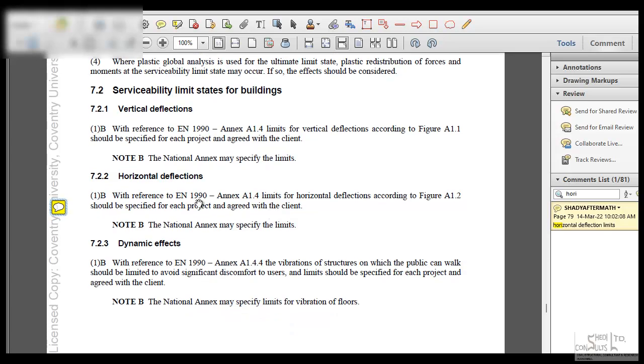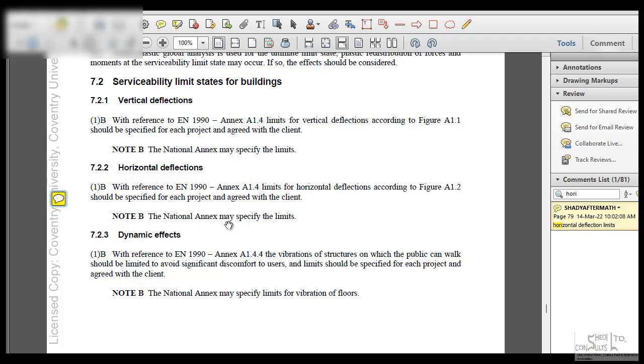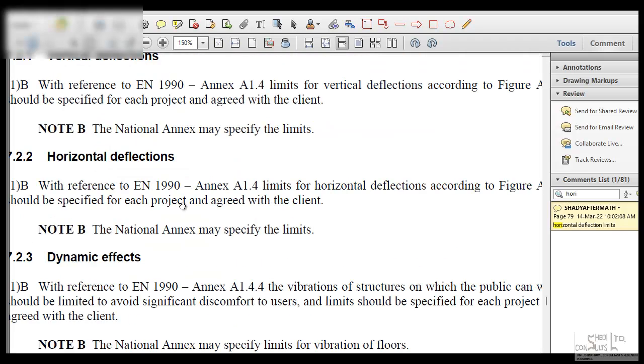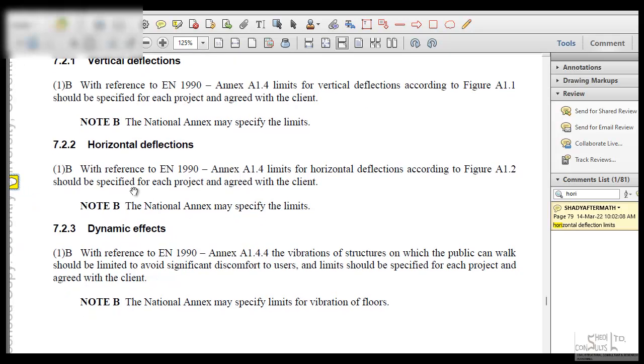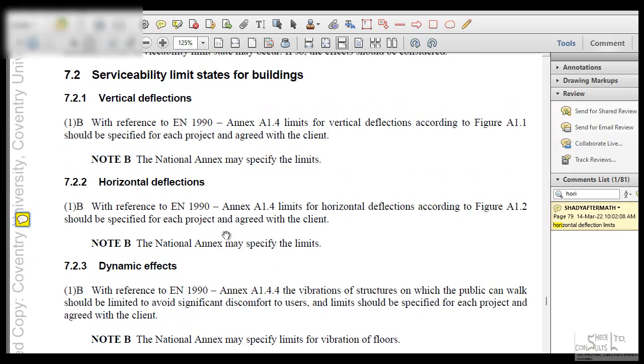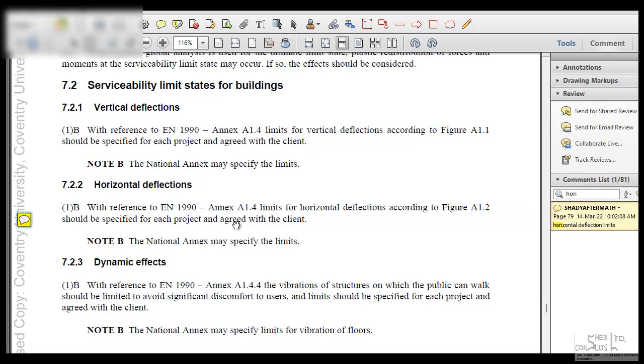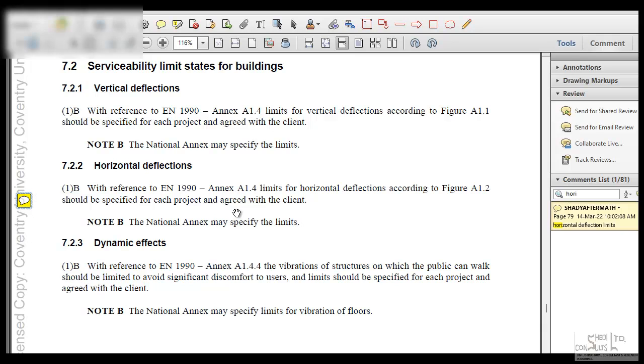Now, the code was very clear and it specifies in clause 7.2.2 that horizontal deflections are analyzed in line with the description captured in Annex A1.4 of EN 1990. We need to pay very close attention to this. It specifies that horizontal deflections are analyzed in compliance with the requirements specifically described in Annex A1.4